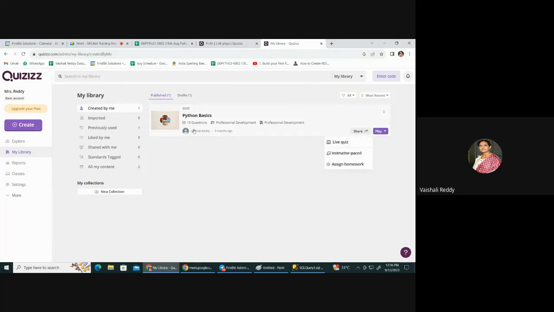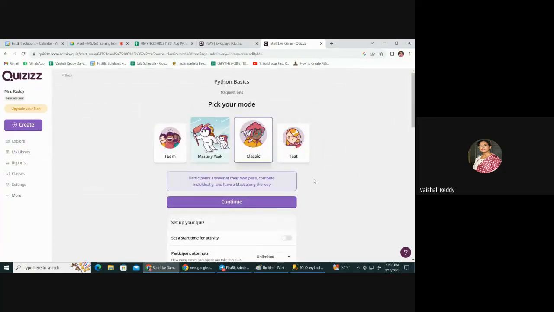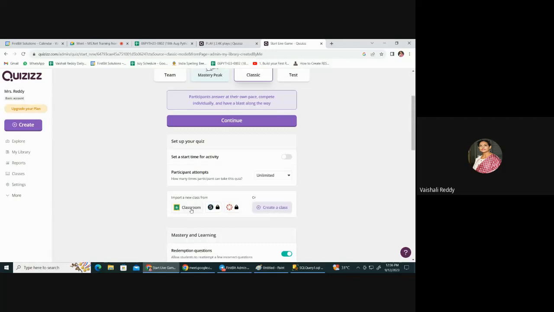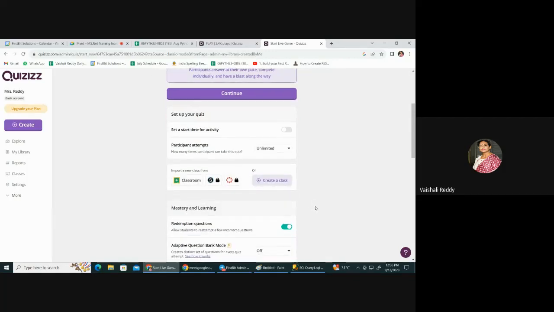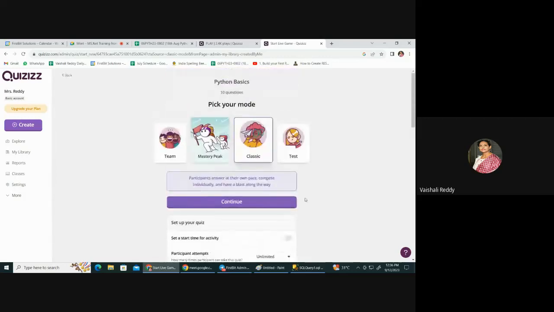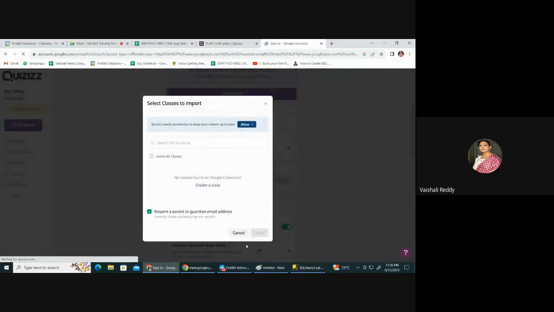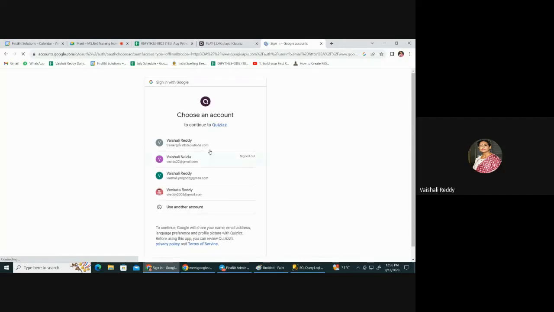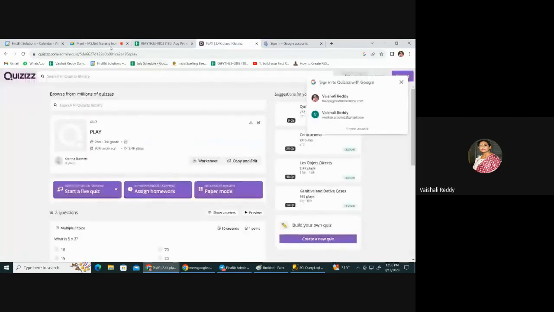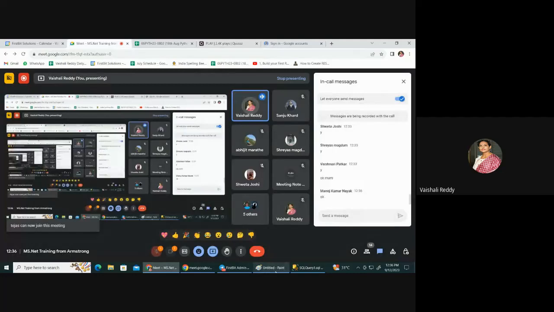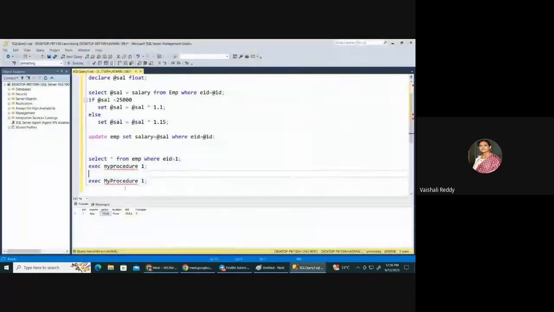See, if you observe your quiz, you will observe there is one option, जैसे ये मैंने पहले बनाया था, तो प्ले ऑप्शन है, लाइव क्विज। इसमें क्लासरूम ऑप्शन सेलेक्ट कर लेना, नहीं तो वो टाइम वाला या क्लासिक वाला ले लेना, मुझे याद नहीं आ रहा है अभी। जस्ट टेस्ट इट, कोई एक ऑप्शन सेलेक्ट करके करना, तो समझ में आएगा। जस्ट ट्राई इट आउट, अभी उसमें टाइम जाएगा, मुझे टाइम मिलेगा तो मैं चेक करके बताऊंगी। ओके,